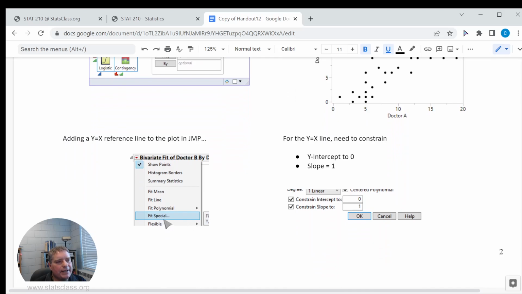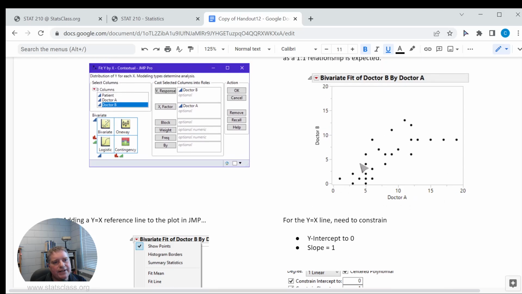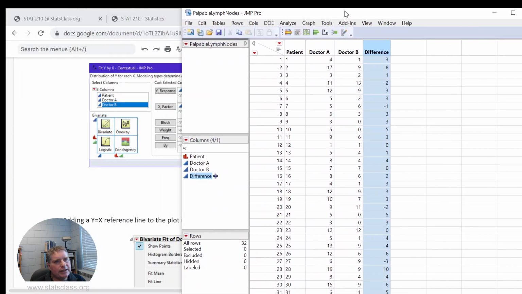Inside JMP, I can use a fit special, and by constraining the y-intercept to 0 and the slope to 1, I'm going to place a y equal x line on that plot. And that's important because that's where I have agreement between Dr. A and Dr. B. So why don't I go ahead and show you that quickly